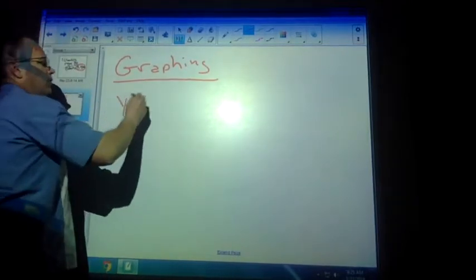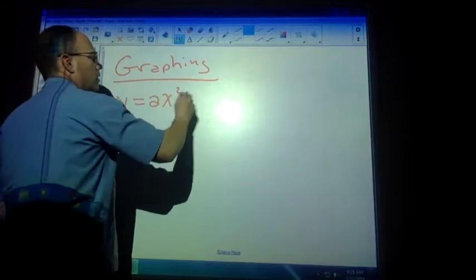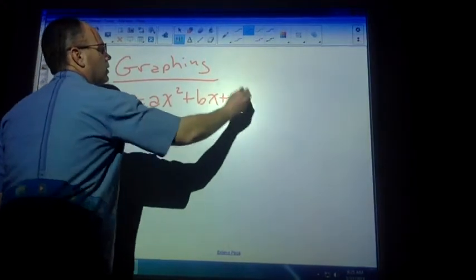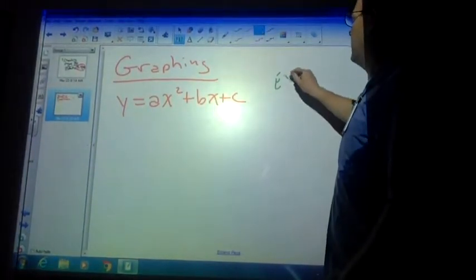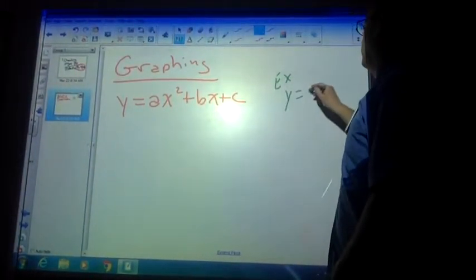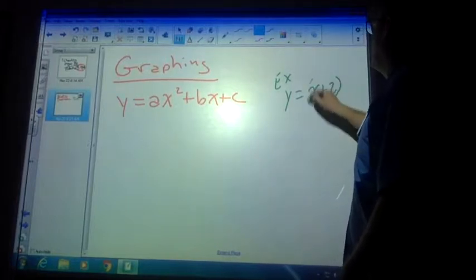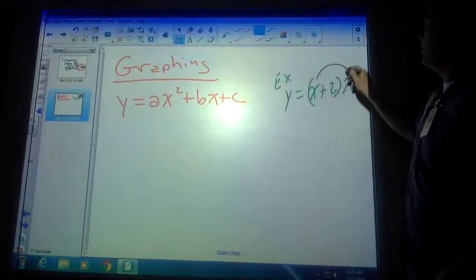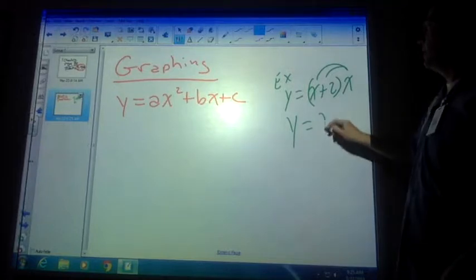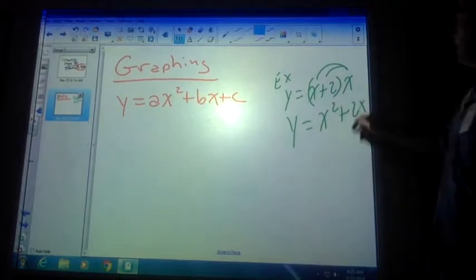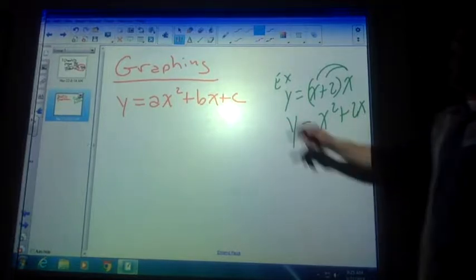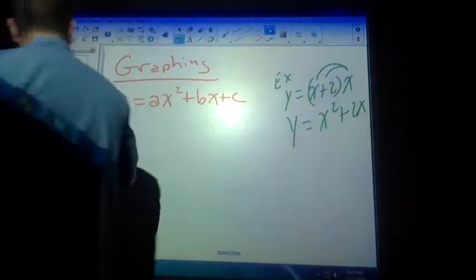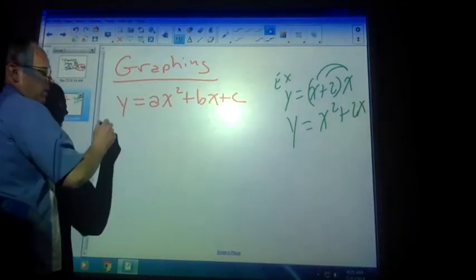When we are graphing these, you want it in this form, right? So if it's not in this form, if it's an example like y equals x plus 2 times x, then multiply that over and you get this. Okay? So go with all that, all right? Then if you're graphing it as well, once you have it in this form, do